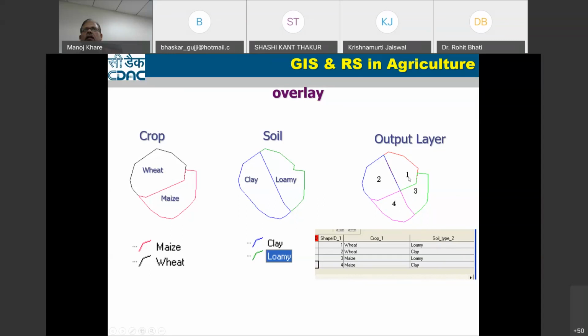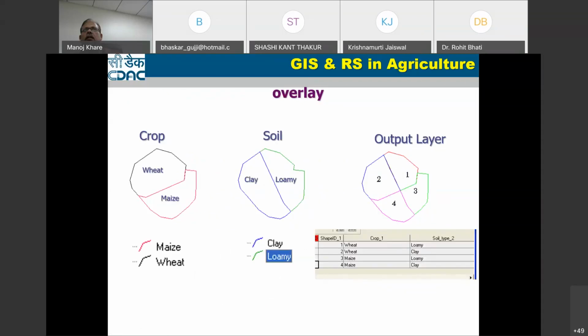In that particular area, suppose you want to give some advice, you can give the advice for that particular area, or you can plan something else. Similarly, here I have taken a very simple example. Suppose you have rainfall also, distributed rainfall also. So you can say, show me the area where the crop grown is wheat, soil is loamy, rainfall is less than 10. Wherever you are matching this kind of condition, that particular area will be identified. Now you can select: if in this area where soil is loamy and rainfall is less than 10, in spite of wheat we suggest to grow some other crop, you can suggest that.